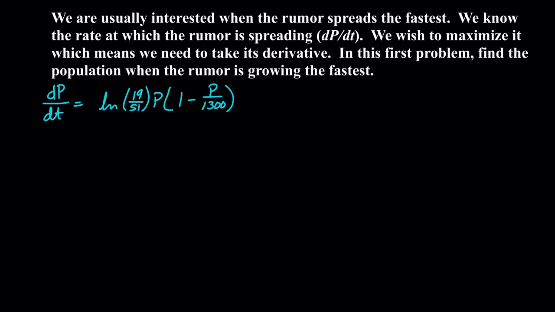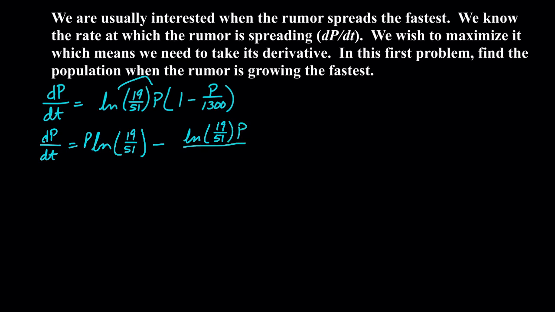And if we distribute this natural log, that's going to give us dP/dt is equal to natural log of 19 over 51 times P minus natural log of 19 over 51 times P